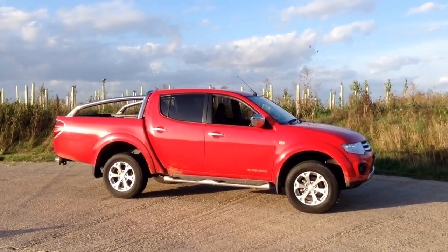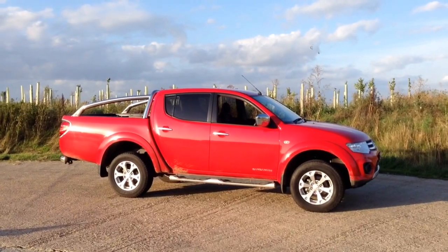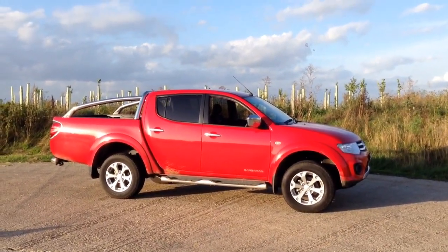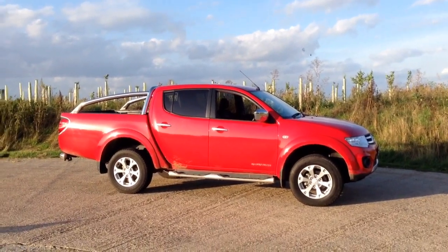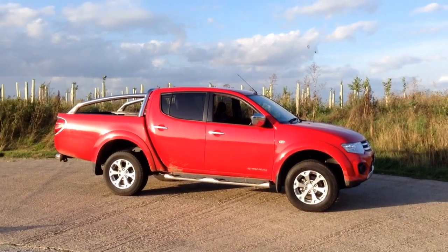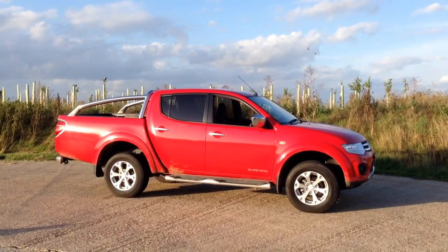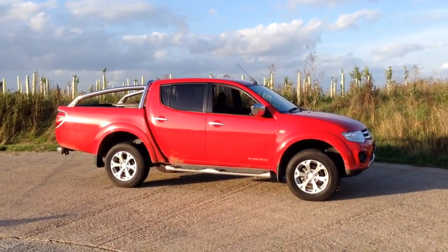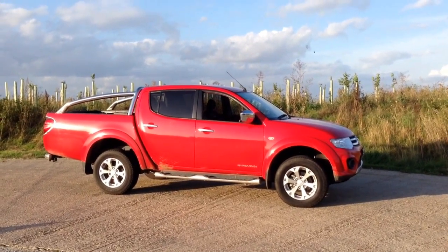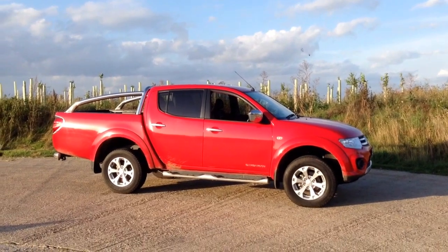This is the Mitsubishi L200 Barbarian. Barbarian is very nearly the top of the range and it costs £28,000, which is an enormous amount of money, but as I'll show you, it does have quite a lot going for it. It's got a diesel engine, 5-speed automatic gearbox, 175 horsepower, 258 pound-foot of torque, and it does 0 to 60 in 12.1 seconds. More importantly than that, it tows 2,700 kilos, and in that